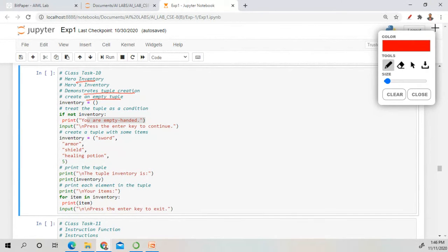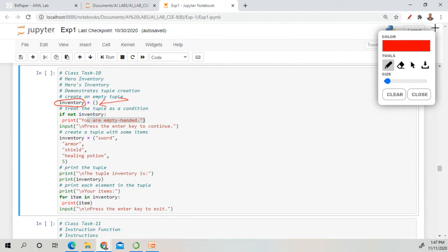Let's understand first. There is a variable inventory. When you place these braces and do not write anything in between, it is considered an empty tuple.